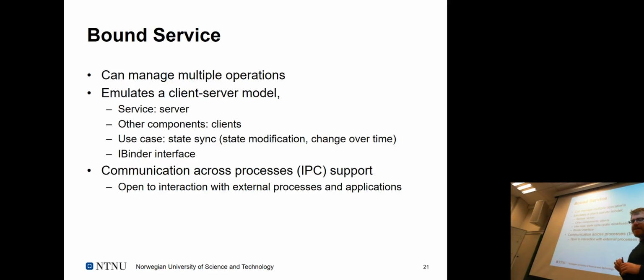And the idea of the bounded service is that it emulates quite well a client-server model of interaction using message passing. So again, it's a specialization of the general service, but very specific about the use case. So that the service itself acts as a server de facto, which expects invocations by clients. Generally activities, but can be of a different nature as well.